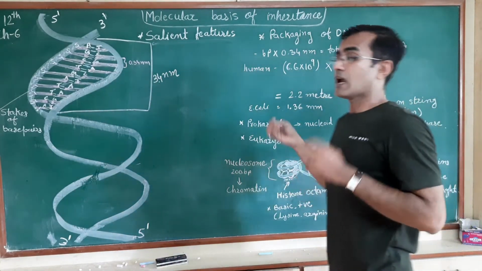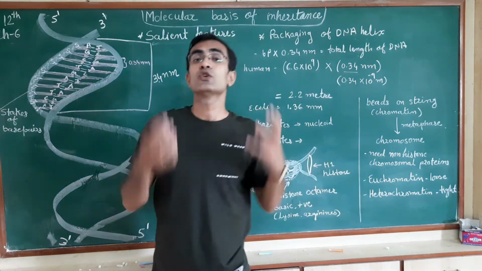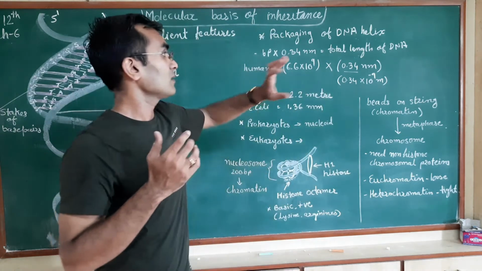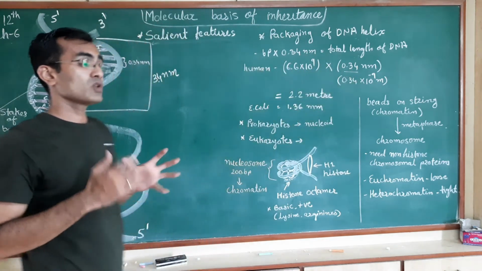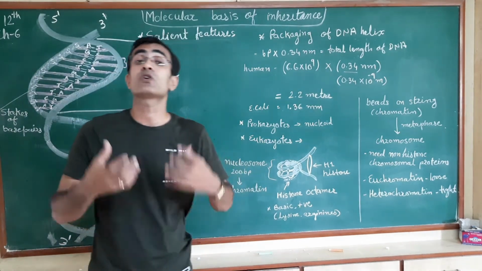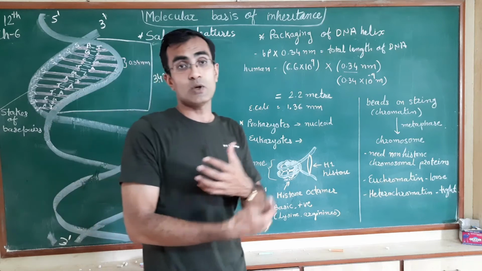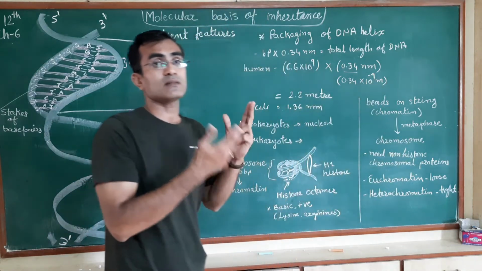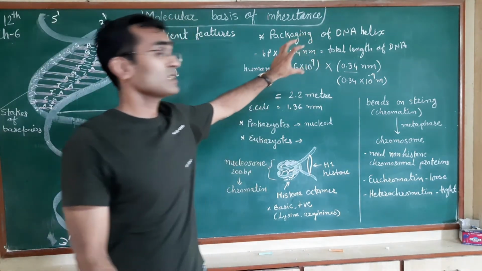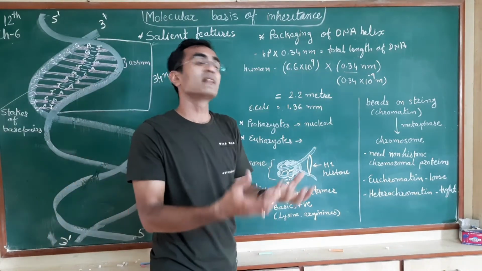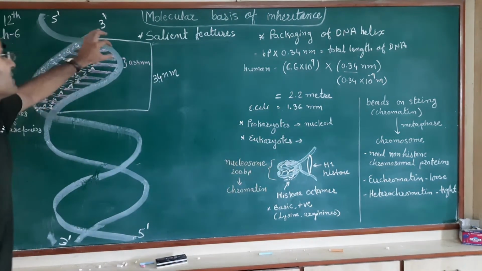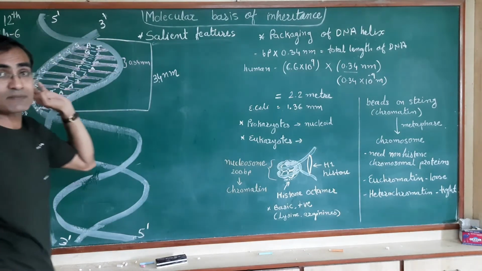Okay, so if we talk about the human genome, how can we calculate it? We know that the haploid genome of a human being is 3.3 into 10 raised to the power 9 base pairs long. As I said earlier also, it is a haploid genome. So what would be the diploid? Because we human beings have a diploid genome, a pair of DNA, a pair of polynucleotides present inside. So the diploid genome will be double that, so 6.6 into 10 raised to the power 9. Now we have to multiply with 0.34 nanometer because that is the distance between two base pairs.